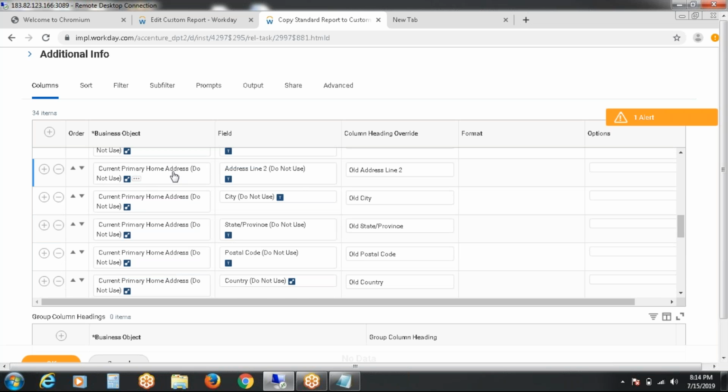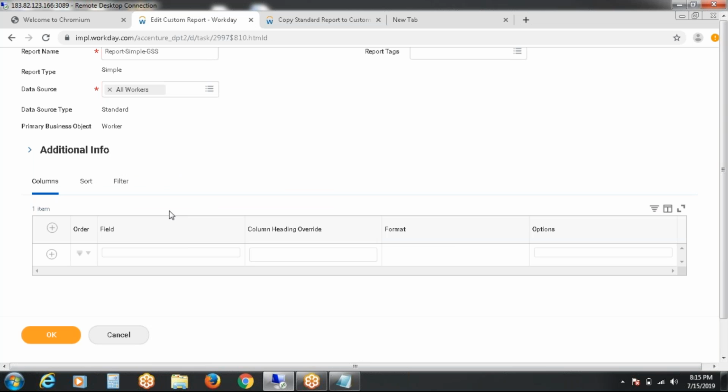So here, this is a demo tenant, right? So that's why they have mentioned very clearly, do not use. It means in the demo tenant, these standard reports are not to be used for practical purposes. These are for demo purposes only, for viewing. Do not run anything from the standard reports. Why? Because these are not freely available. These are paid on Workday. So that's why we should not run these things.